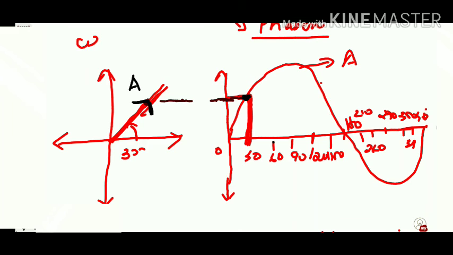For 60 degrees, I am dropping a line like this. Now this is the point here. So for the phasor also, which is the angle here? 60. So 60 is here. I will draw a line like this. This is for 60 degrees. Corresponding to this point of our graph, 60, I have this point in our phasor, and this depicts the amplitude of A at that angle, 60 degrees. Clear? Similarly for 90,